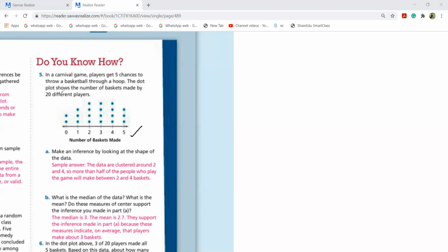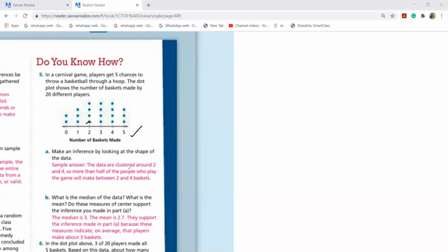Through a hoop. The dot plot shows the number of baskets made by 20 different players. By 20 different, there are 20 players who got a chance and they did it. Make an inference by looking at the shape of the data. So by looking at the shape of the data, there are 5 chances. Most of them won in how many chances? In the second and the third attempt, they got